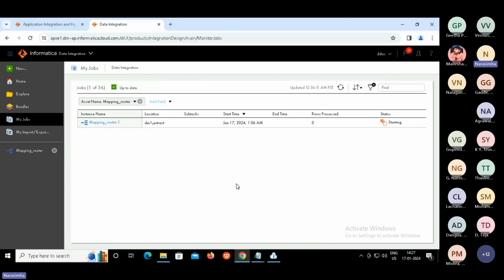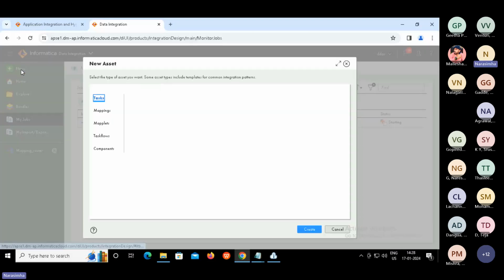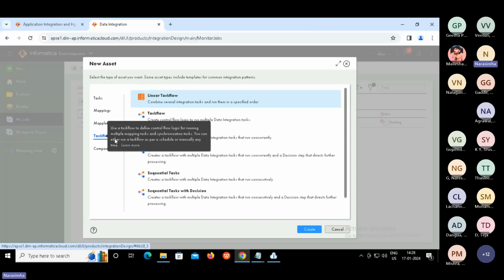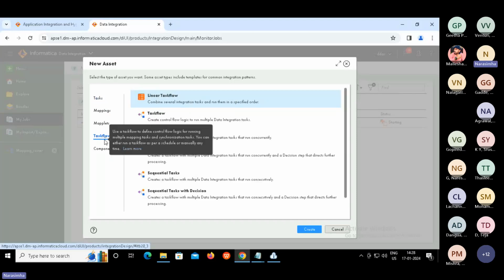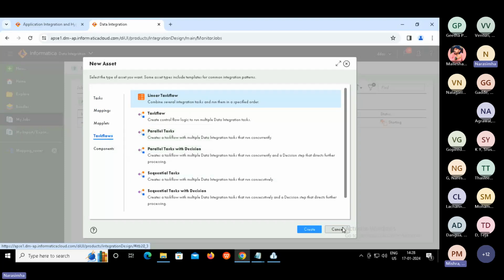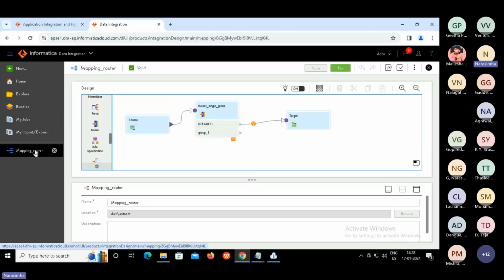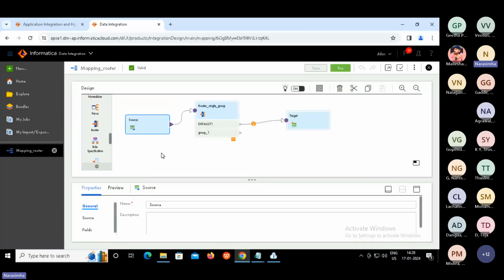Third is Workflow Manager. What do we do as part of Workflow Manager? We can build a workflow which would contain a set of tasks which can be connected in parallel or sequentially. To do that, we have task flows where we are able to perform that. But at session level, we configure source, target, all that. That part, at the mapping level itself, we have done already. So that also has been taken care of.